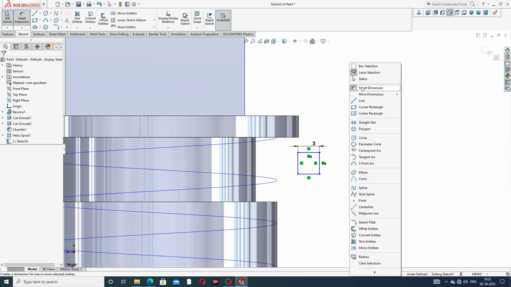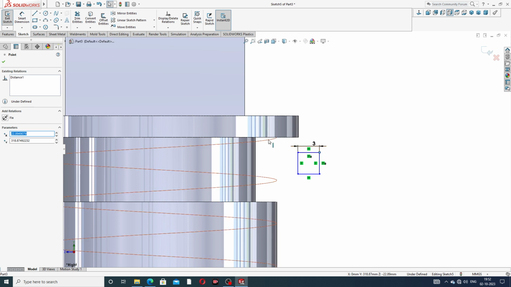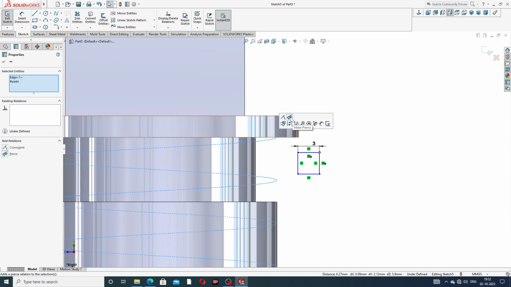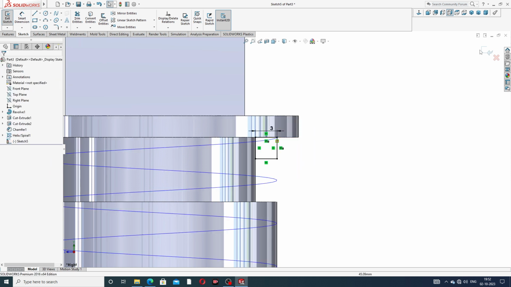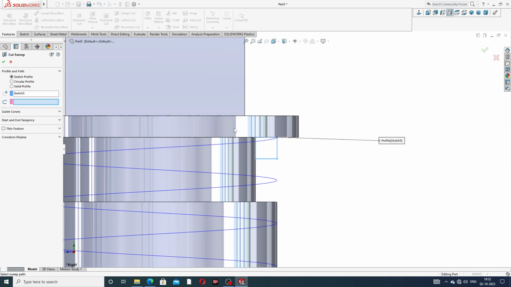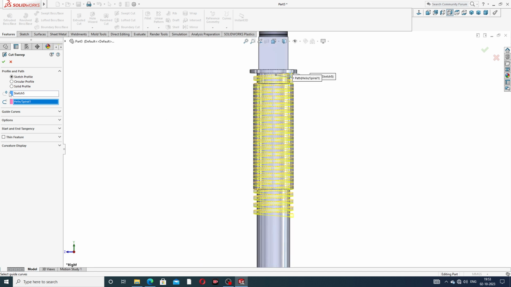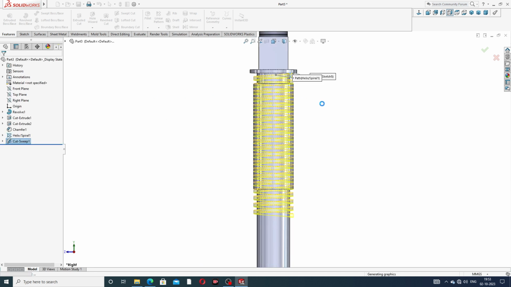All is correct. And select this point and press the control button, and this line is selected, and this is a user pierce. Okay, and exit, and use a sweep cut. Sweep cut is select a automatic selector this profile and select this path. Okay, okay, all is perfect and correct, and click OK.